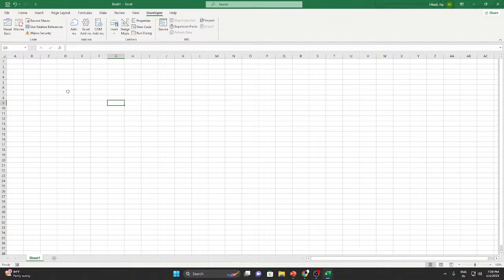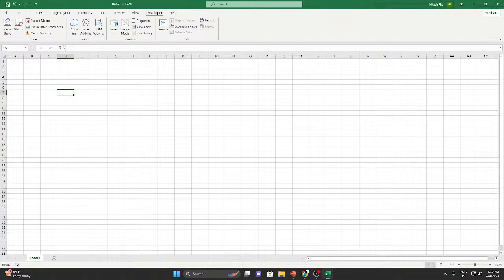Suppose there is a concept called absolute references and relative references. Okay, you might have heard about these two terms in Excel: absolute references and relative references. What I have just performed is called an absolute reference macro. By default we mostly perform absolute reference macros, but if we want to perform a relative reference to that specific cell,